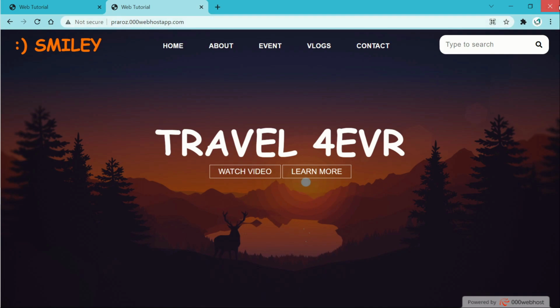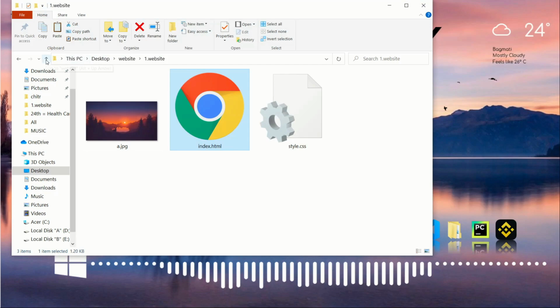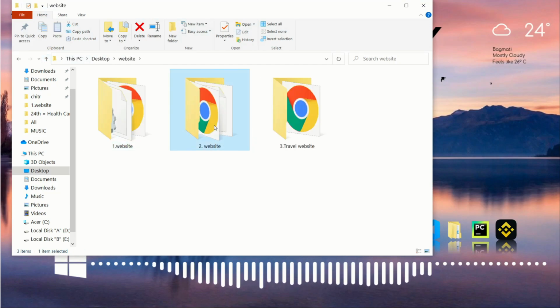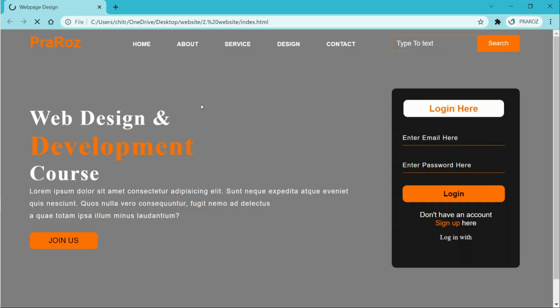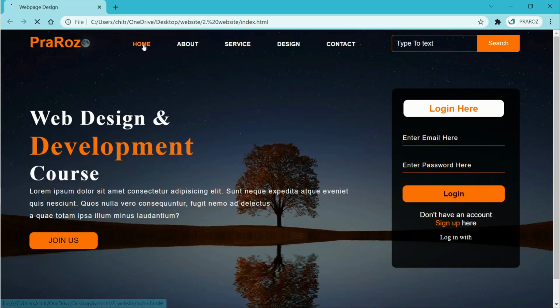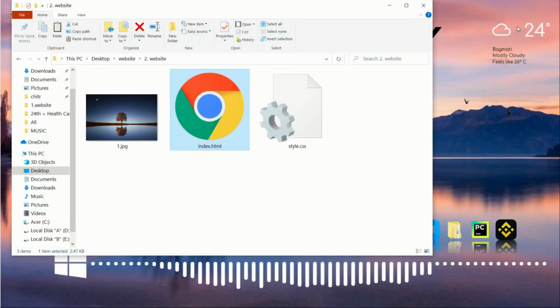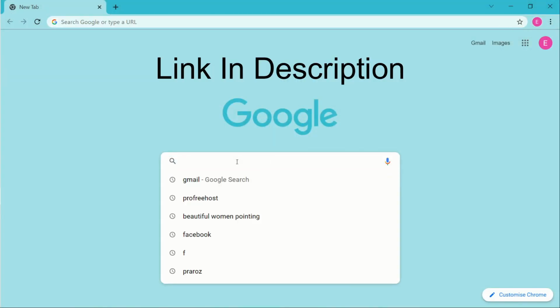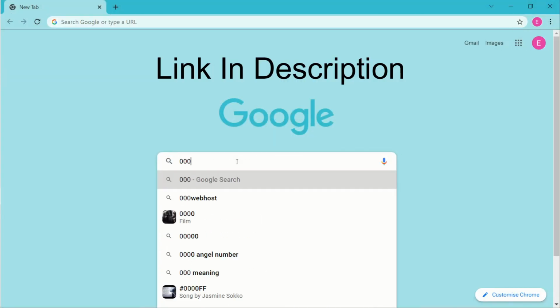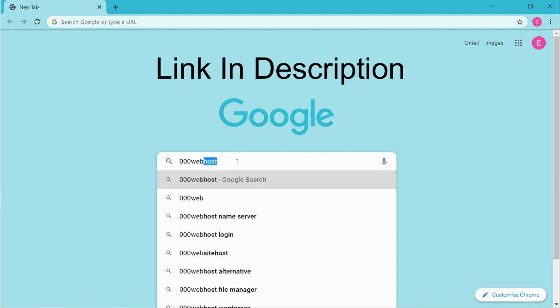First of all, let me show you the website that I want to upload. That is the second website. Click on the index.html and here is our website, which has no domain as well, and it worked properly. And also if you want to learn to make this website, please check the I button on the top right corner. So for now let's come up to Google and search for 000webhost.com, or you have a link in the description for